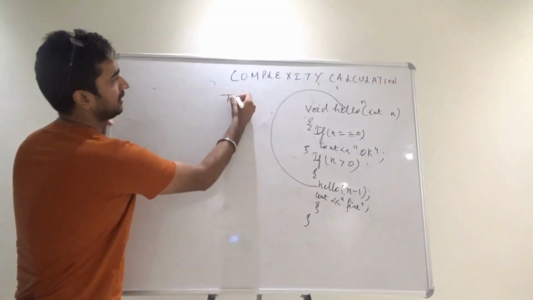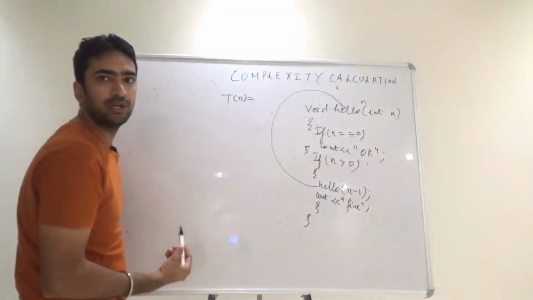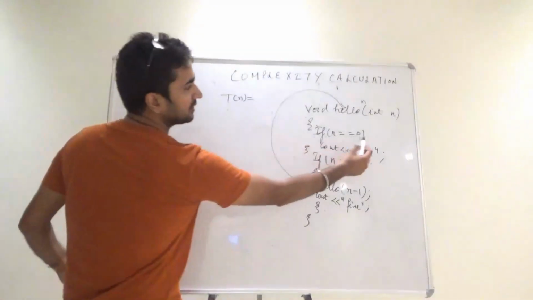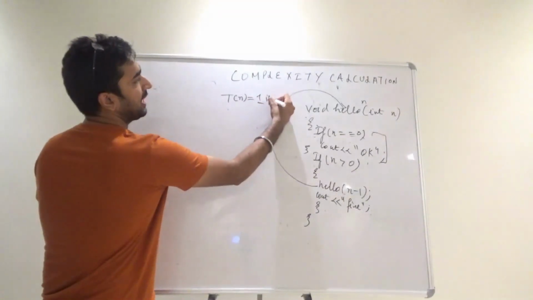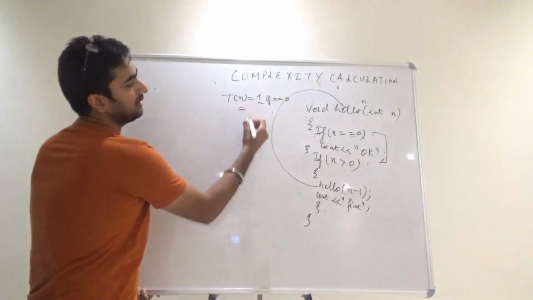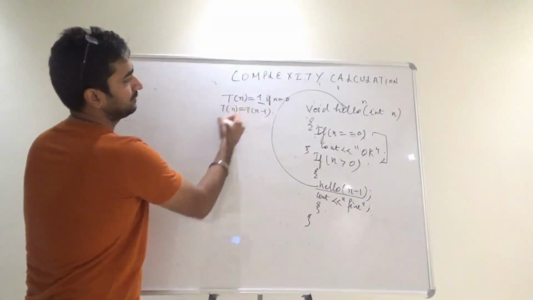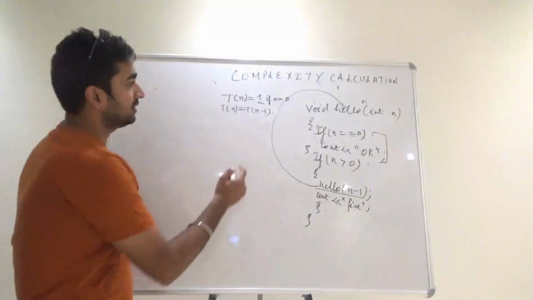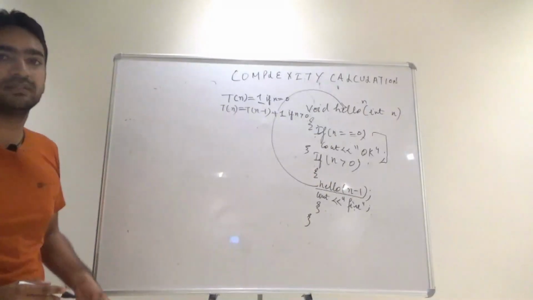The entire function complexity is represented by T(n), which is the complexity of this entire code. Now this value is running for one time if my n value is 0, but it is running for hello n minus 1, which means it is running for T of n minus 1 times, and there is one time it is running with cout. So it is T of n minus 1 plus 1 if my n value is greater than 0.